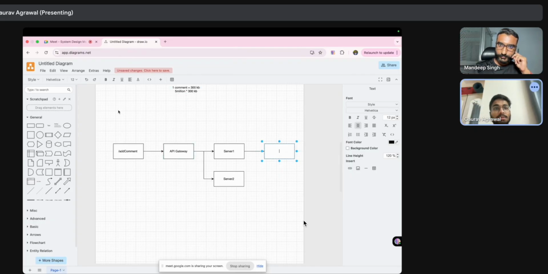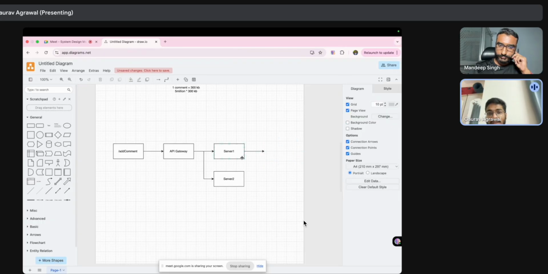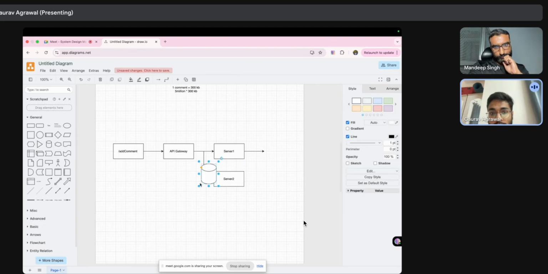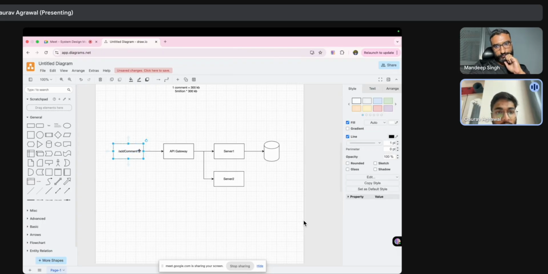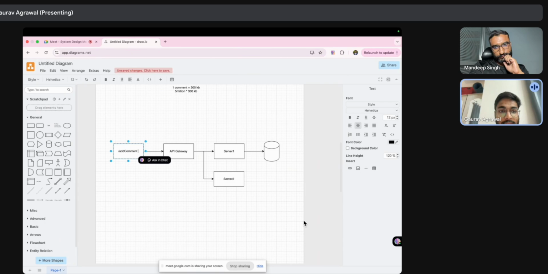Okay, fine. Then I would say the servers will have access to the database. Once we get this add comment request, the server will identify for which post this request is coming. In this API call we will have a field like post ID, to uniquely identify a particular post.